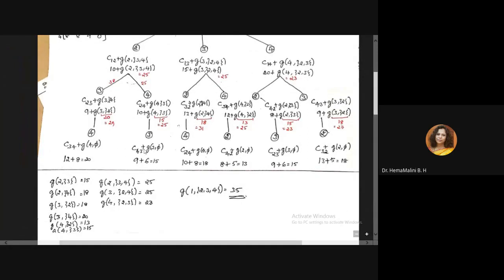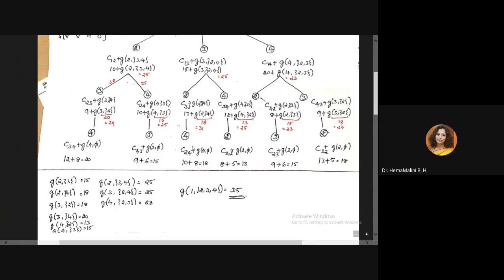So which is the next node? This is G of 4 comma 3. Okay. What is G of 4 comma 3? 4 comma 3 is 4 to 3. When we are going, it is 15. So we know this part is 15. 15 plus 10 is 25 finally. G of 4 comma 3 is 15 plus 10, which is 25. Okay. This value 25 is given to this node.